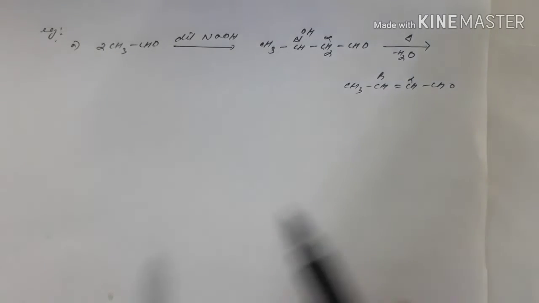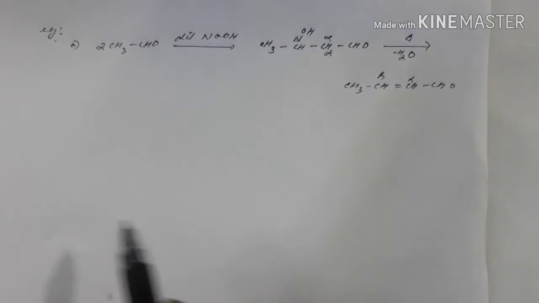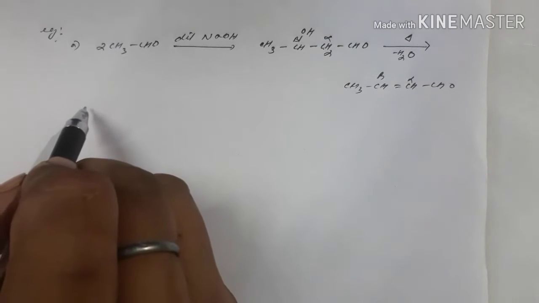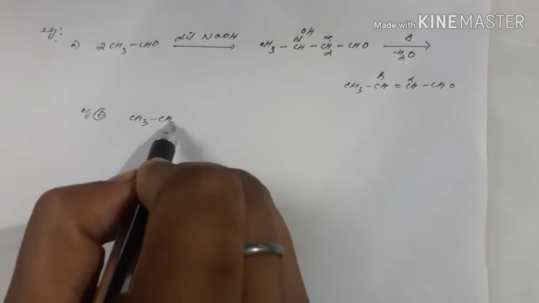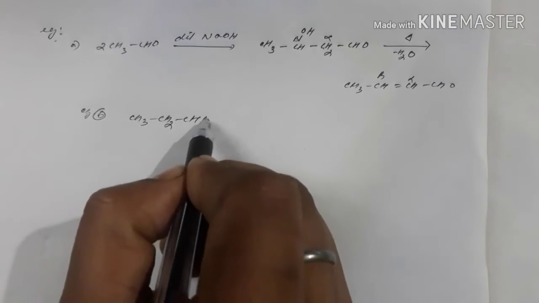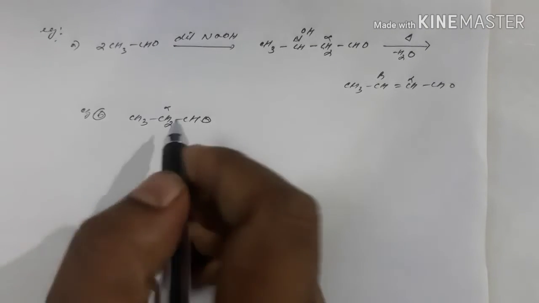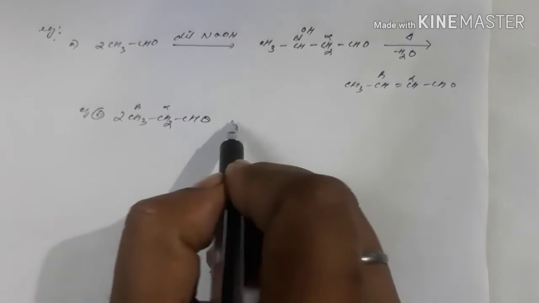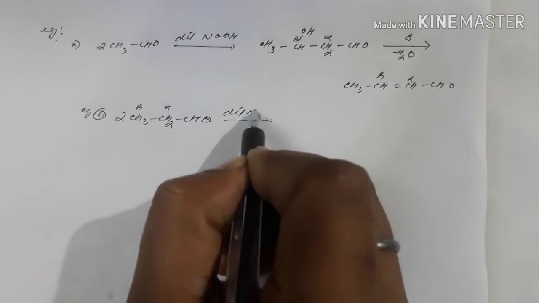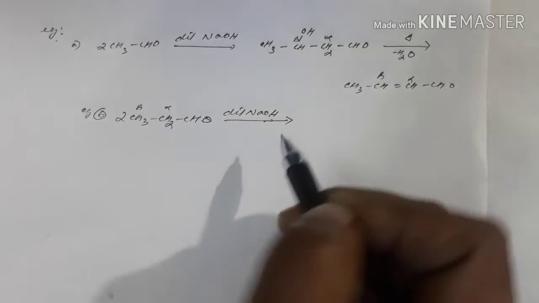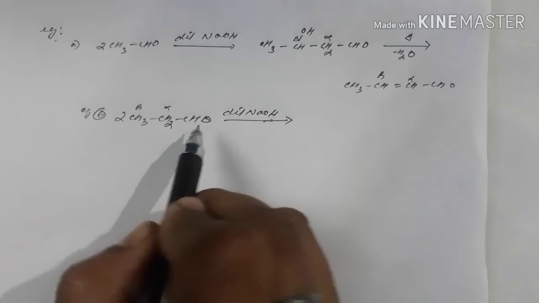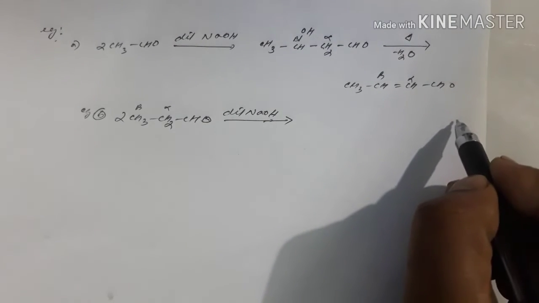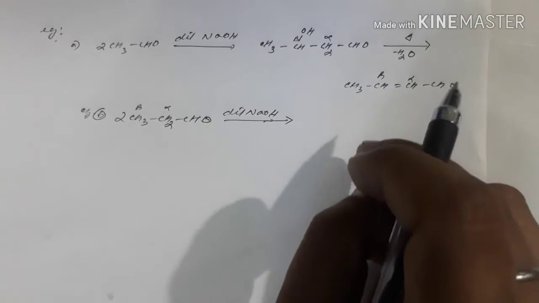Now let us talk about another example, and let me explain how to write the product. Suppose another example, say B. Suppose I have this compound. This is my alpha and this is my beta, and I'm taking 2 moles again with dilute NaOH. What you do is first of all start writing this compound, and you write from this point, because there would be something here. We have to add the things.